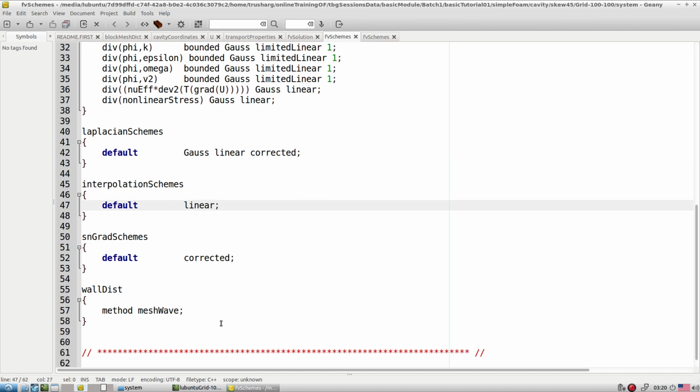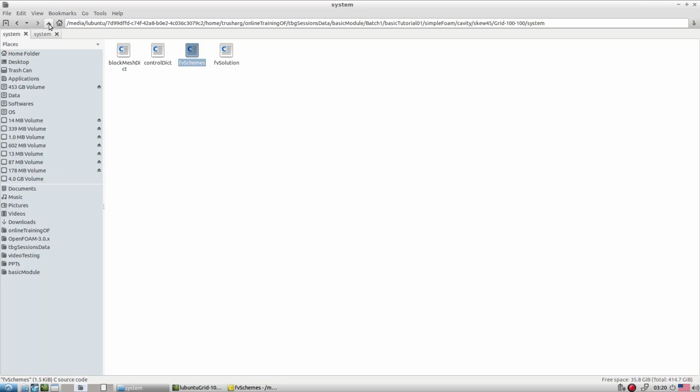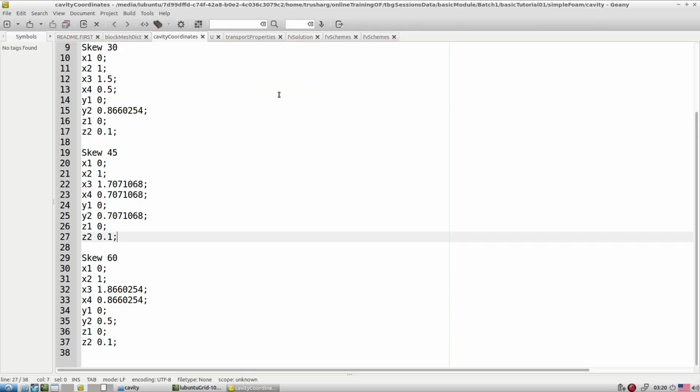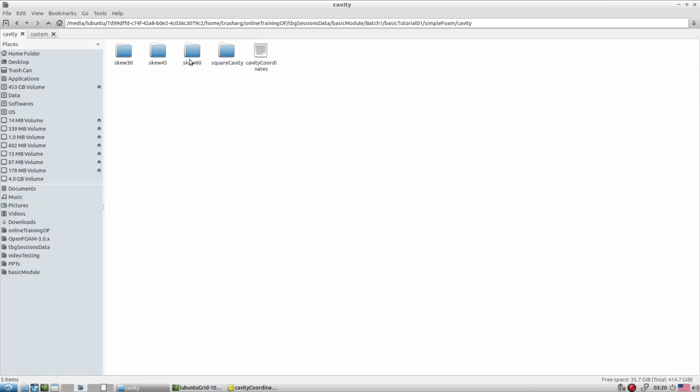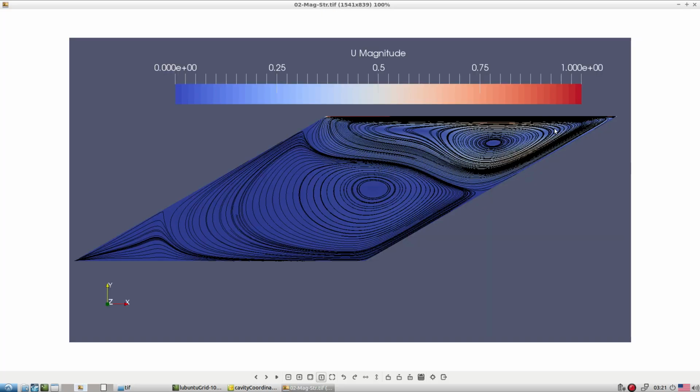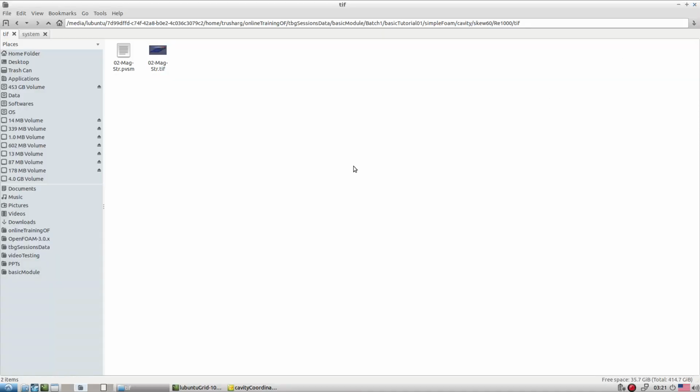Now I request you to please try to create all the other skew cavities. Here is what I want from your side: try to create skew 30 and skew 60 from the coordinate system I gave you. All the coordinates are available, so try to play with them and create all these skew cavities. For skew equal to 60, it is a highly skewed cavity, so maybe you require more non-orthogonal corrections.